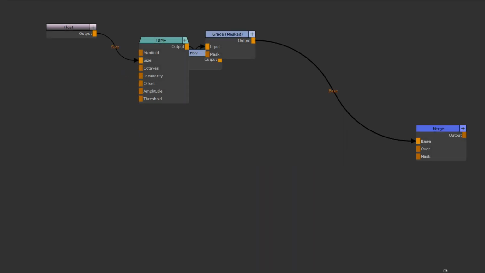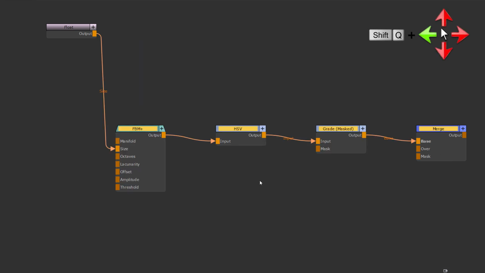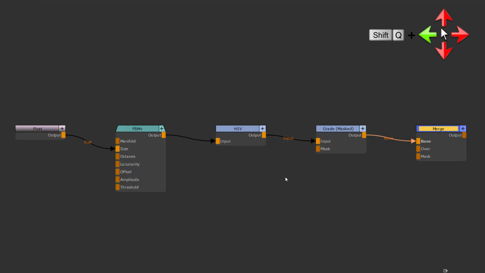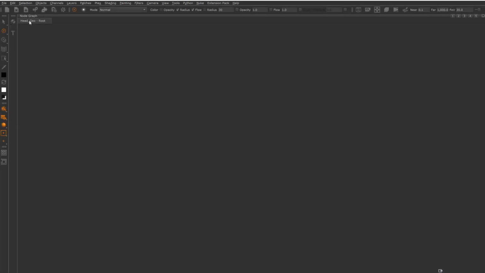The last addition to talk about is Extension Pack's Layout Nodes, which is available in the menu and on Shift-Q and mouse move to the left. This option is similar to Mari's autoplace option, but works either on your node selection or on all nodes feeding into your current node. Now to wrap up this demo, let's quickly go back to the Hotbox Manager and highlight